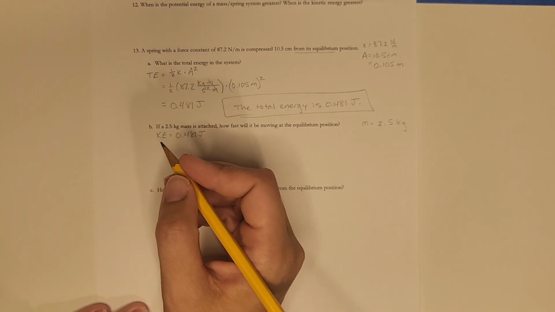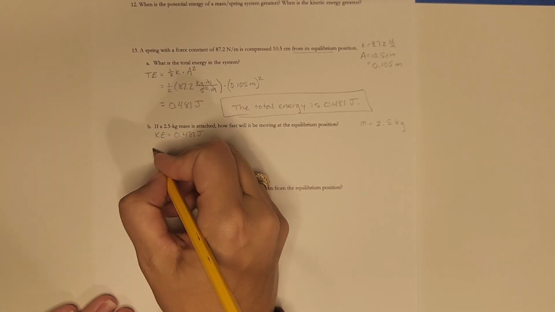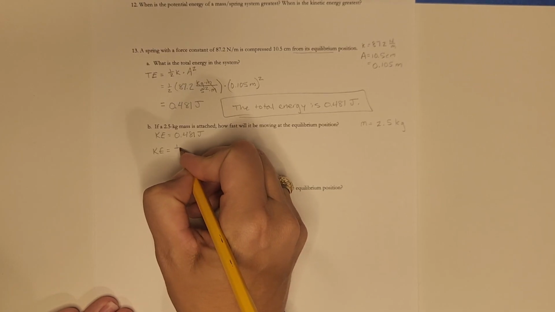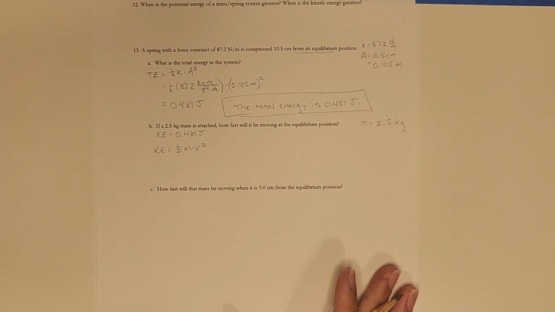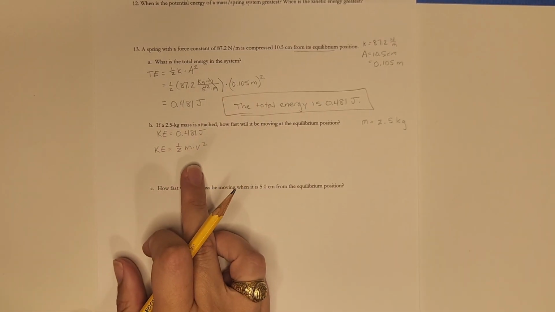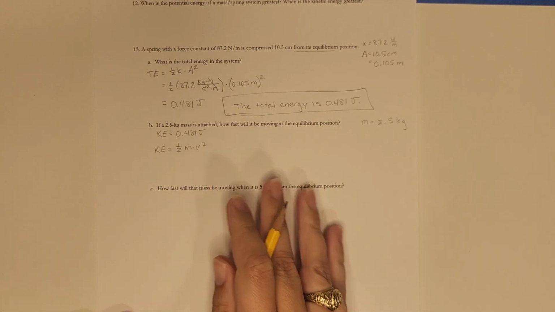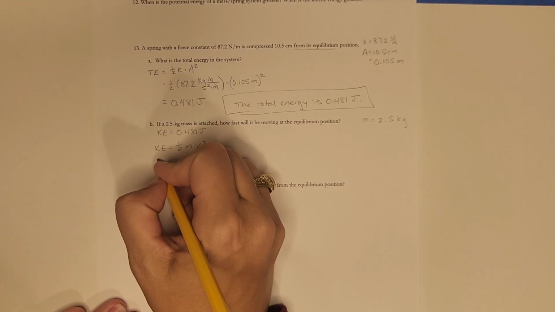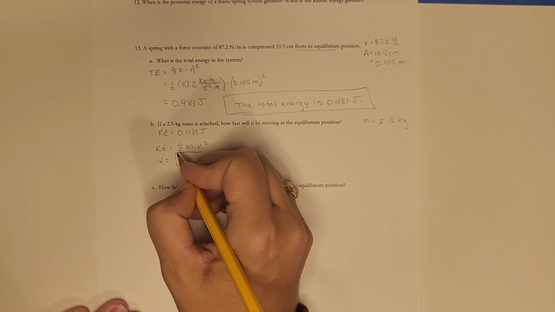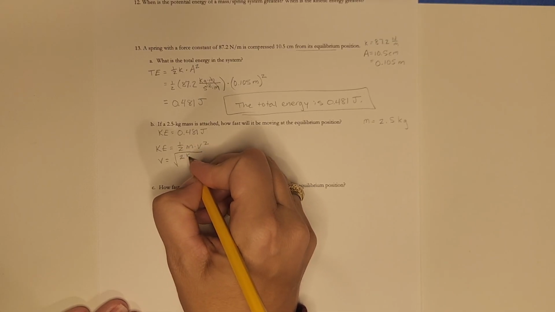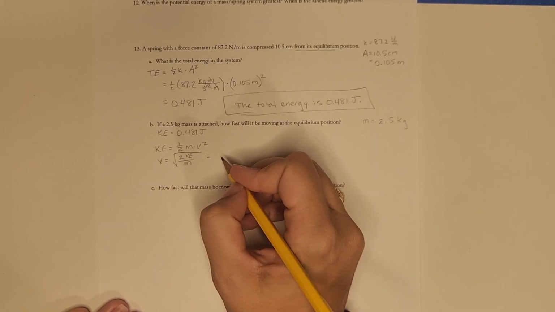And we can use way back when, 2 chapters ago, equation 8.3, where we had kinetic energy equals 1/2 of the mass times the velocity squared. We're going to be solving for velocity, and when we solve for velocity, we're going to have velocity equals the square root of 2 times the kinetic energy divided by our mass. So plugging everything in there,